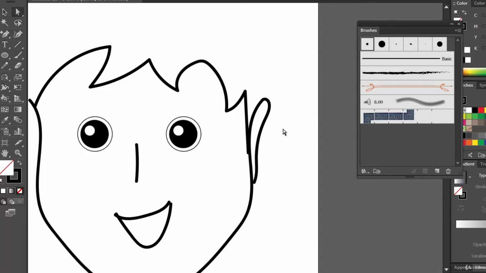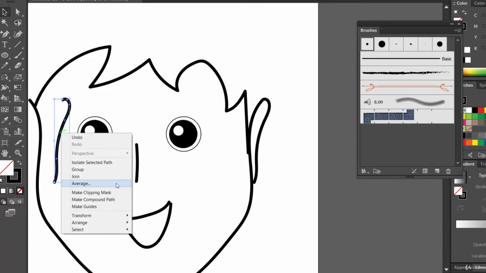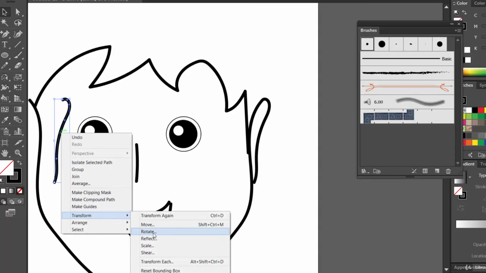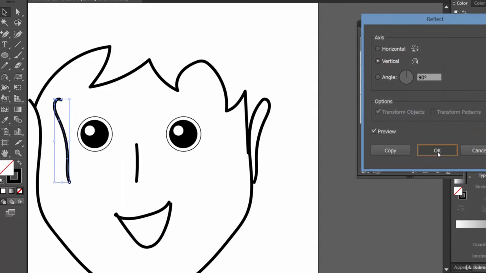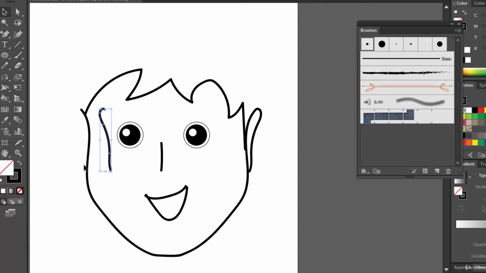What you can do is select the shape using the selection tool, Alt drag it here, right click, transform, reflect. There you go. That's it.